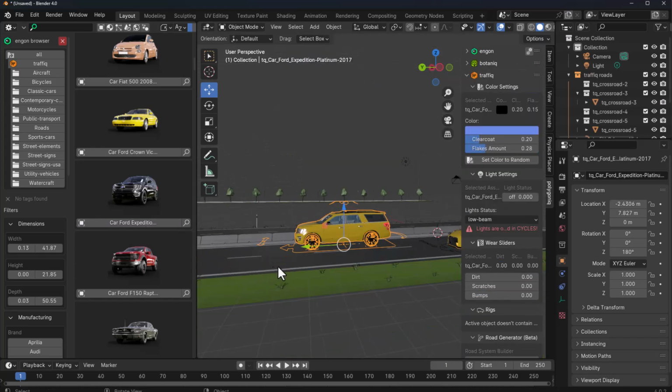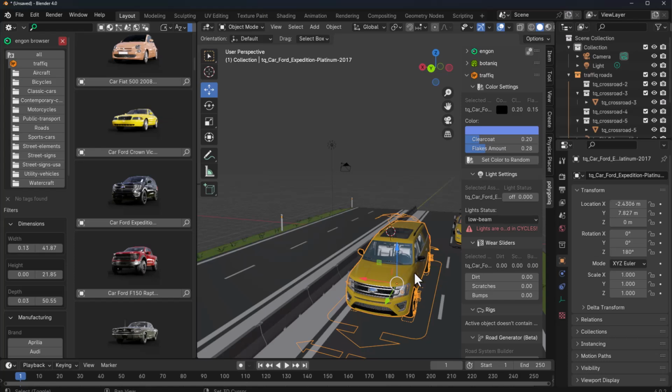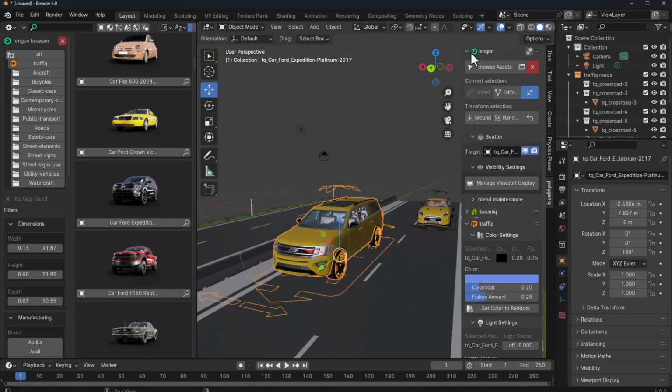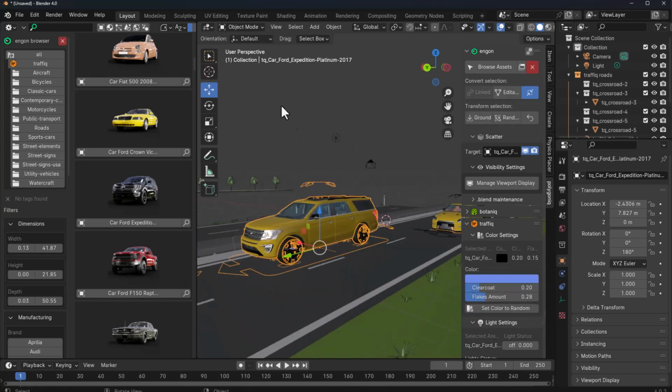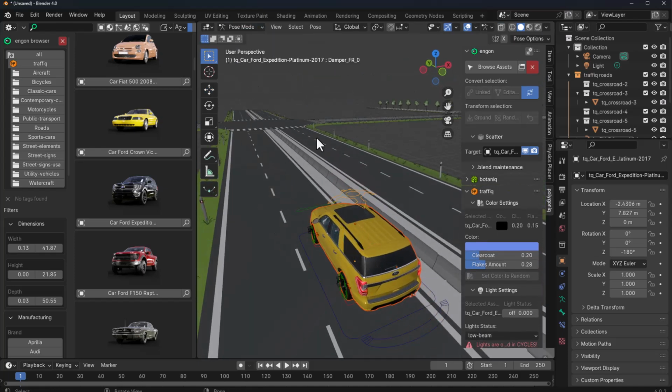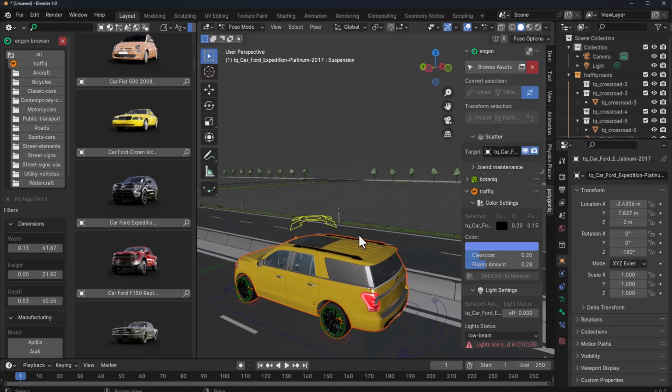And when you're working with the vehicles, you can animate them if you want. All you need to do to get this animated is to simply go over to the Endgon section and click on editable, because if you don't do so, you'll not be able to switch to the pose mode. So to get this into pose mode, we need to have this selected, click on editable, and right now we can edit it. So we can go from object mode to pose mode,